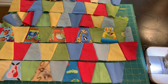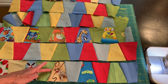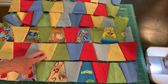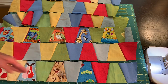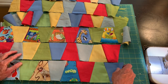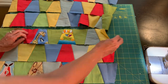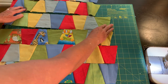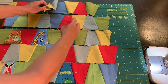I have all my strip sets sewn together. I have the I Spy strip sets, I have 5 of these, and I have the solid strip sets, I have 10 of those, and they're each 18 tumblers long. So on the right side, when you make yours, you want to make sure that the right side tumblers are all going the same direction. You don't want to end up with a tumbler that's upside down because we want these to match. This is how we're orienting our